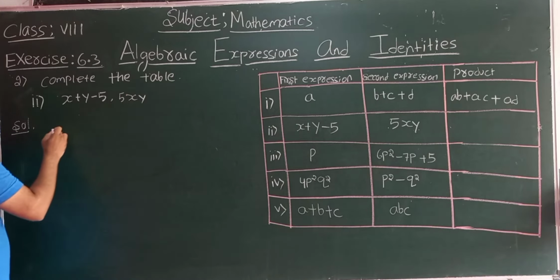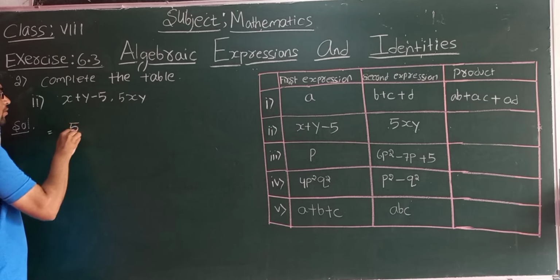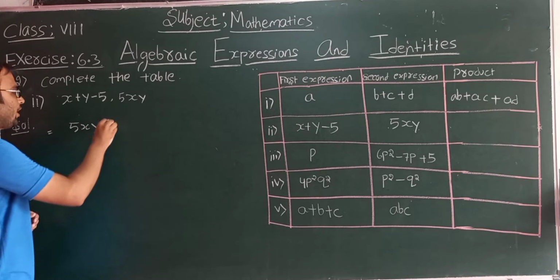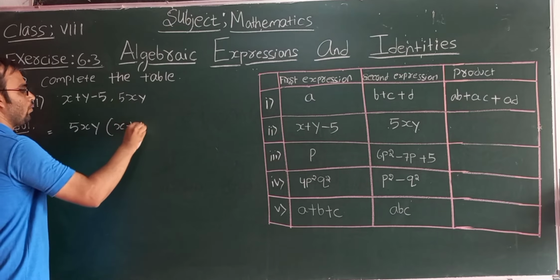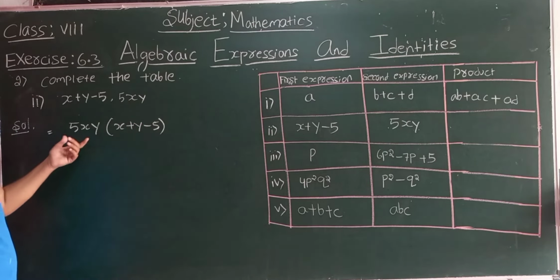5xy. Okay, so we need to find the product of these terms. Now right here, first a monomial. Okay, so here there's a multiplication of a monomial with the trinomial, x plus y minus 5. Now students, we need to multiply the first term with the x, next this term with y, next this term